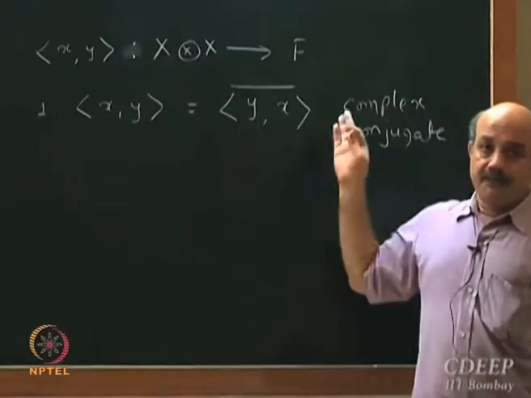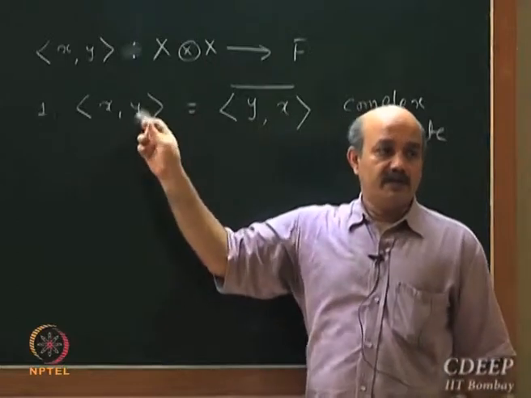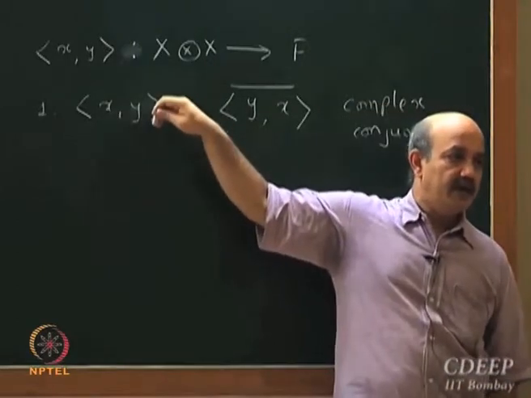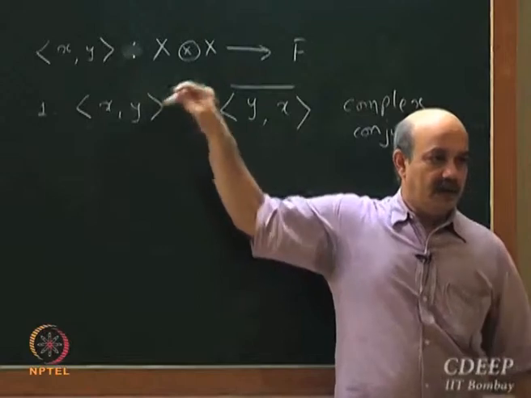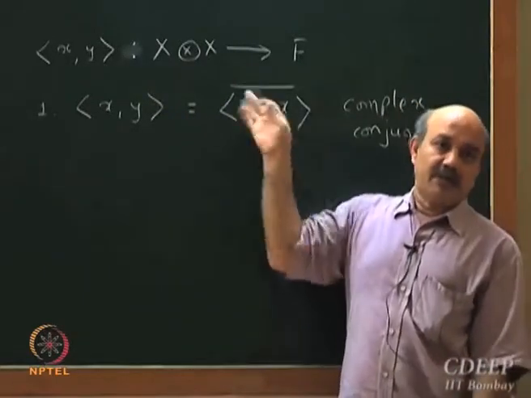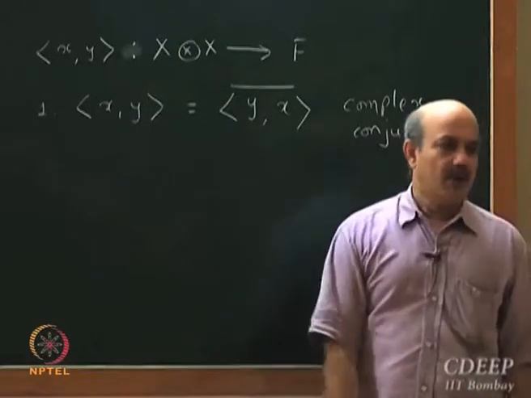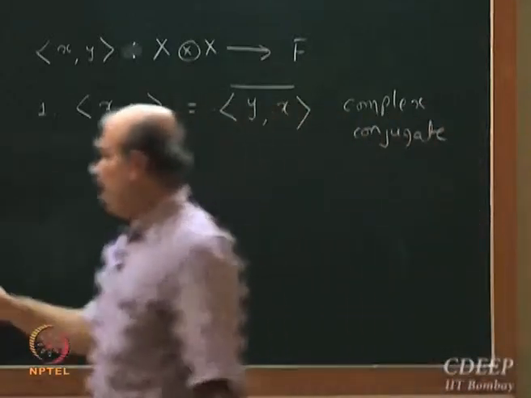So what this says is that if I change the order, if I take the inner product of X with Y, and then change the order, what I get is the complex conjugate. Typically the field that we are going to work with is R or C,